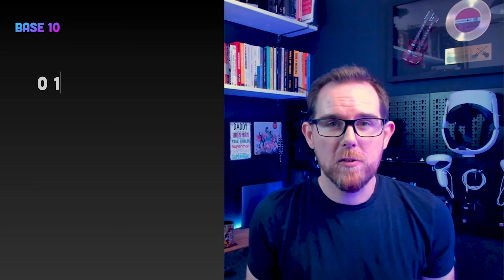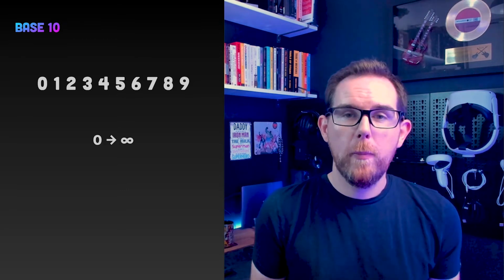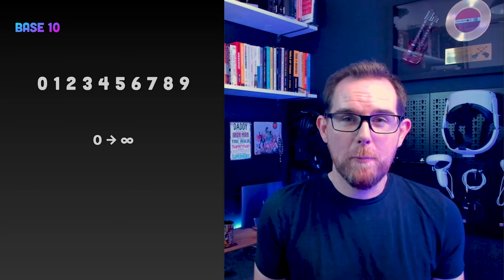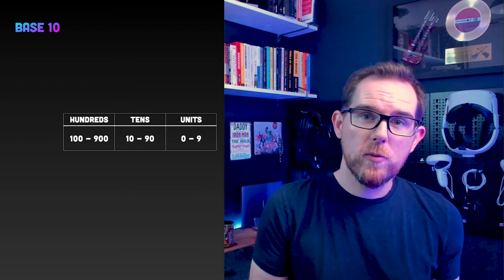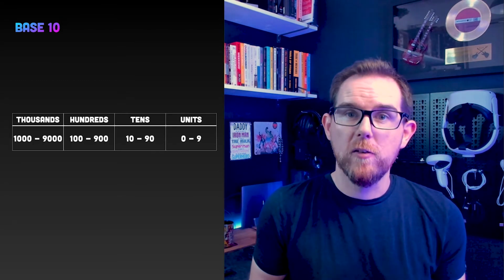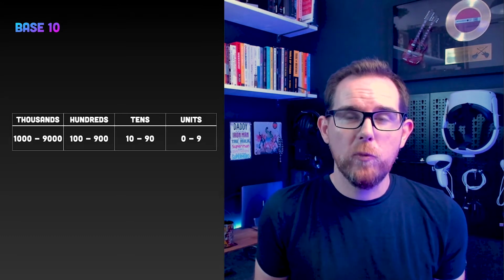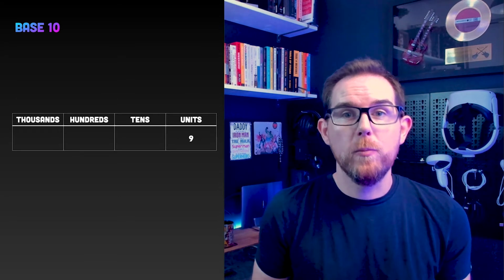Before we look at how binary works, we need to look at our existing number system. All our numbers are represented with the digits 0 to 9. So that's 10 characters in total that are used to represent every number from 0 to infinity. You probably remember in school numbers being represented by number columns. So that's your units, which is 0 to 9, your tens, which is 10 to 90, hundreds, which is 100 to 900, and thousands, which is 1,000 to 9,000, and so on and so forth. The key thing here is we can only put up to 9 into each column. Once we need a bigger number, we then need to move on to the next column.